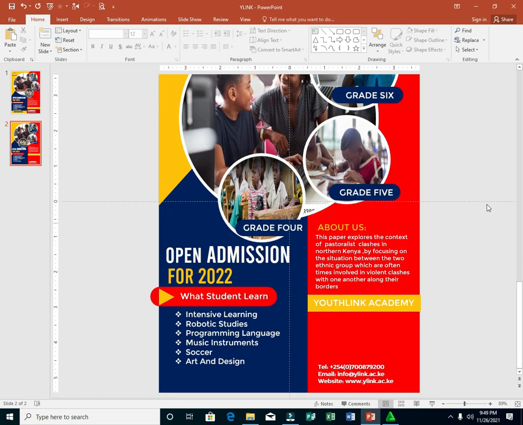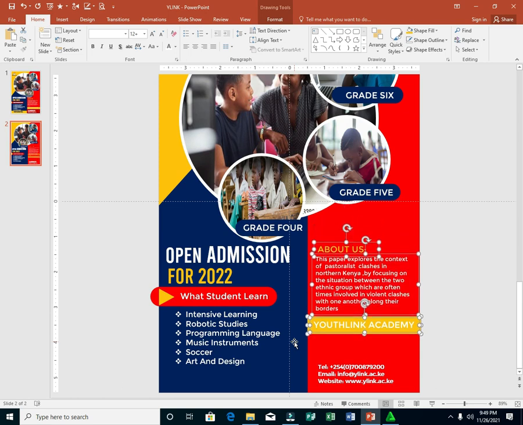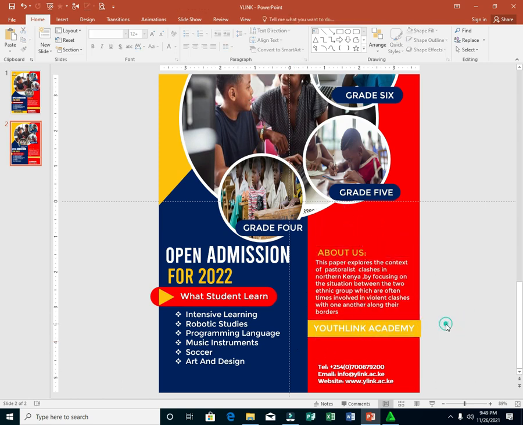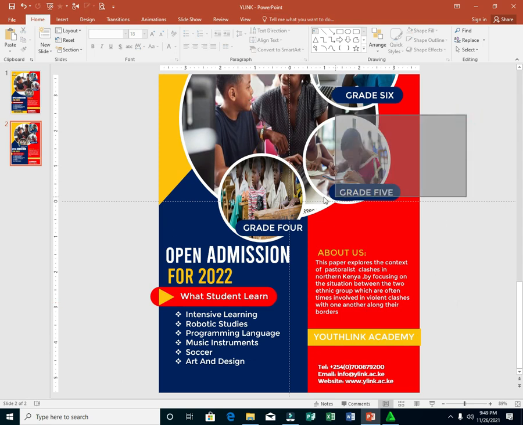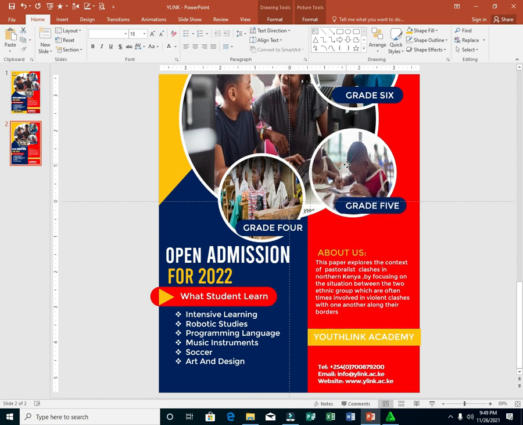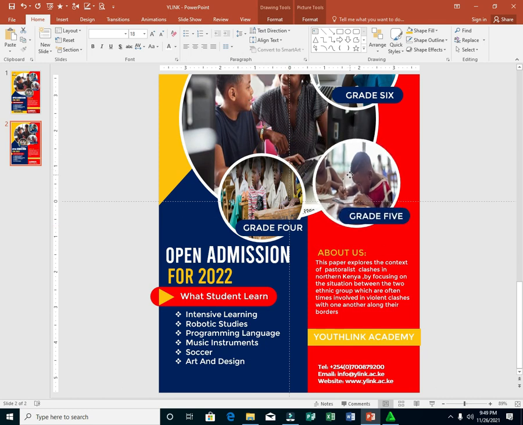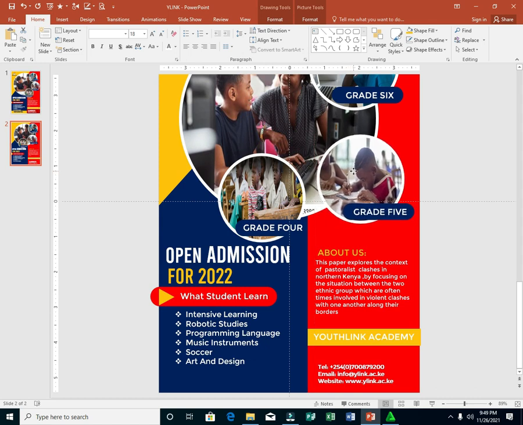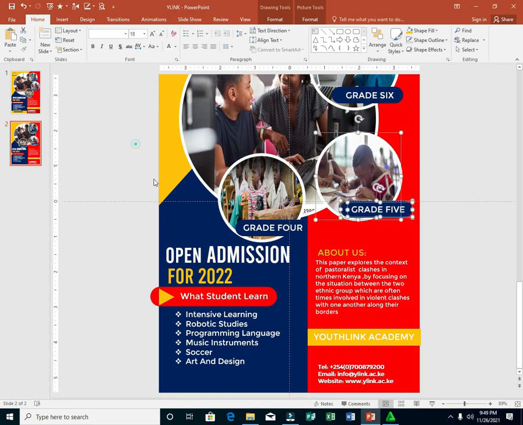So I'm going to push this one down, also I'm going to push this one down a bit like so, and then this one we are going to do some small adjustment here. We are going to push this one. This one should be here. This one should be here, and then also we are going to do some adjustment here. This one should be somewhere